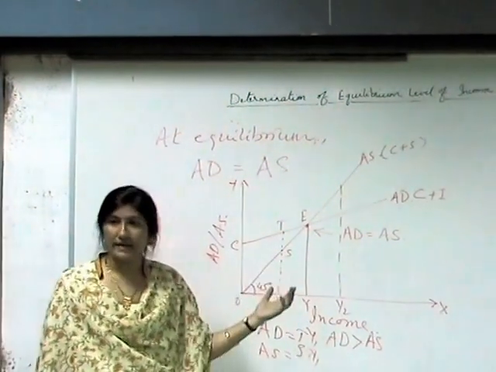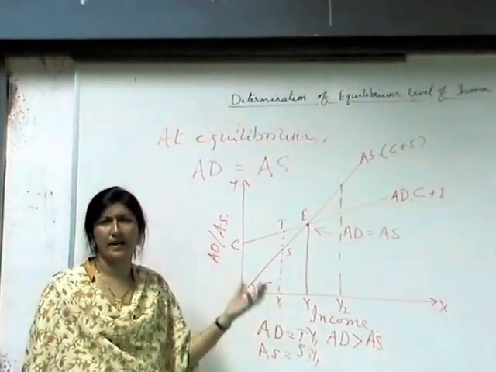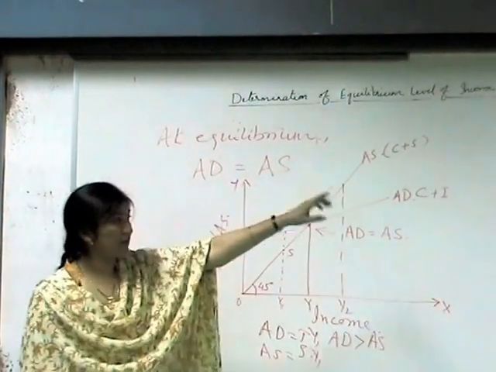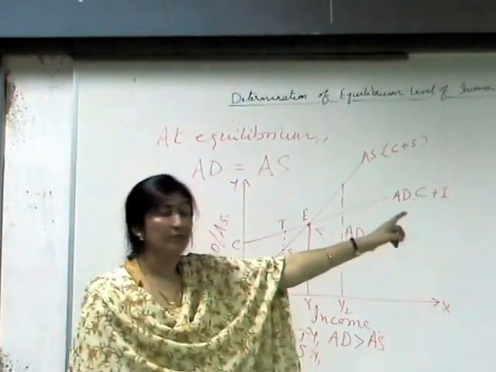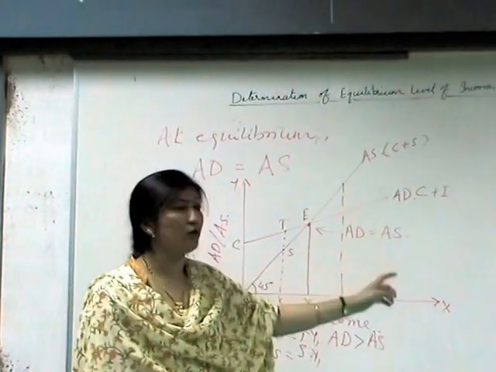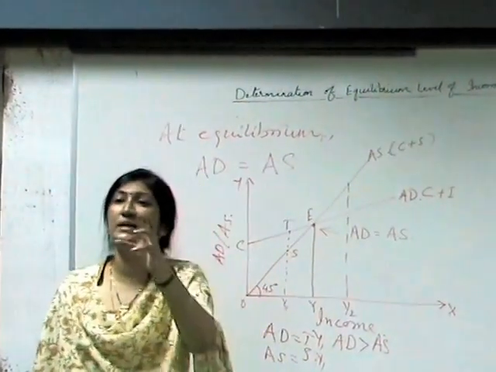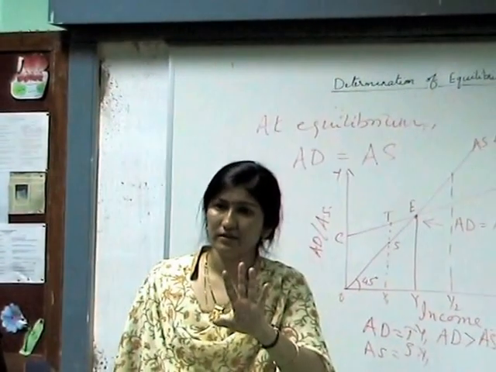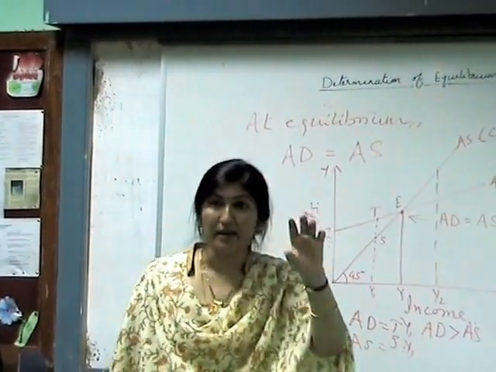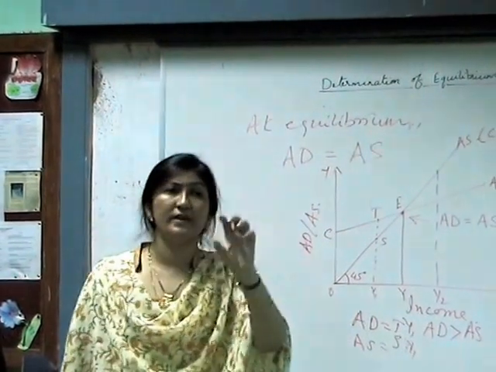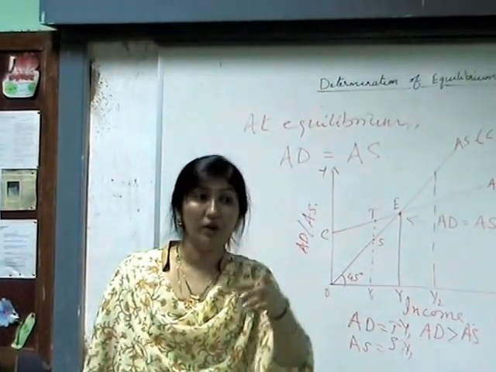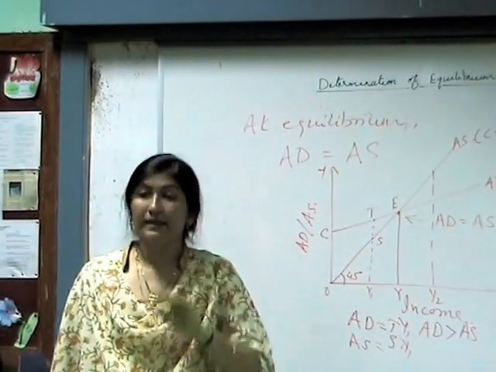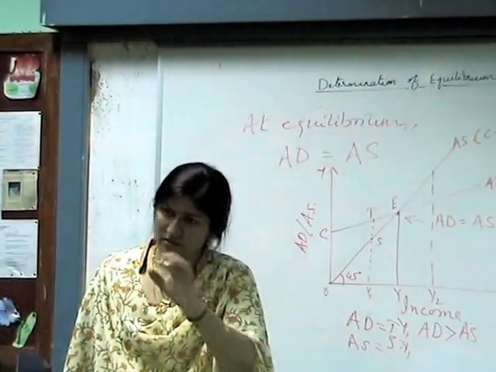Now when we are writing in the examination there is a lot to write and the time is less, so always stick to your word limit. If you get a question like determine the equilibrium level of income, employment and output by AD and AS approach or by C plus I approach, then first take AD. You just give the statement in the beginning that equilibrium level is determined at that level of output where aggregate demand and aggregate supply are equal to each other. Then you explain aggregate demand, short.